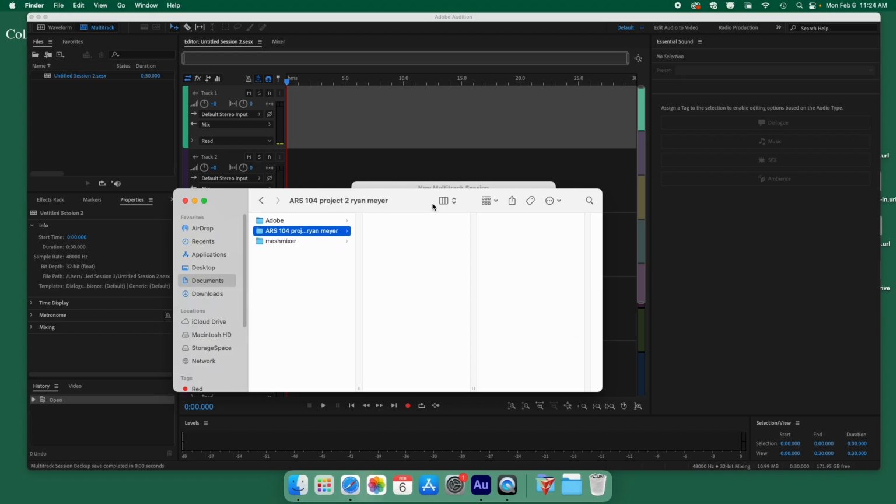Inside that folder, and I'm using the column view. I find this to be the easiest, but you can use the other views as well. But inside this folder, I'm going to make 3 new folders. Assets, project files, and exports,